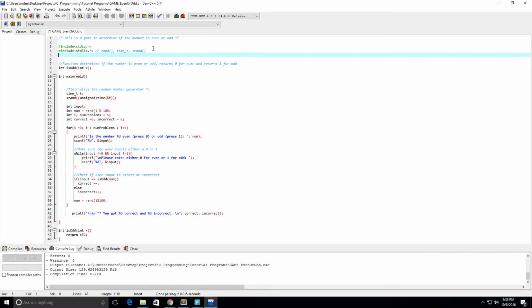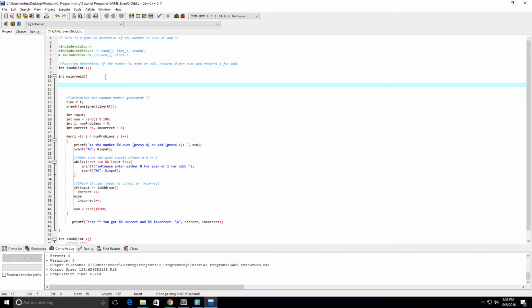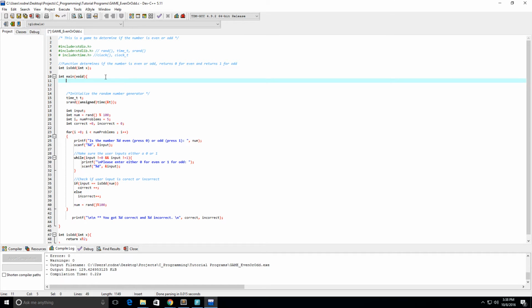So let's add some time to this. For time, we use the time.h library. And this will give us functions like the clock function and the clock_t data type. So let's go ahead and create that. We're going to need the clock_t data type. We'll call it start. So it's going to be our start time,